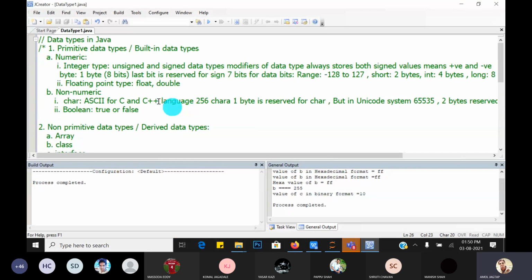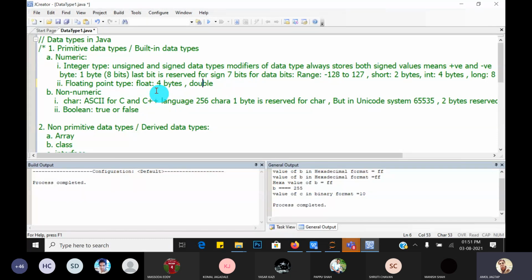So this is all about the integer data type, which is of numeric type and primitive. Now for floating point, there are two types of data type. One is float and the second one is double. For float, how many bytes are required? For the float data type in Java, 4 bytes are reserved.